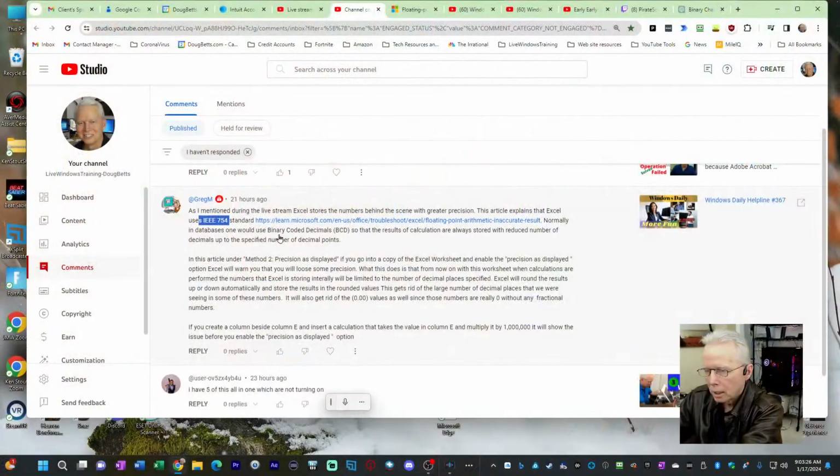It has to do with floating point numbers. In order to store numbers in computers, they could have used, and I think he even mentions the other method in there, binary coded decimals, where we code the left side of the decimal point and we code the right side of the decimal point in binary.